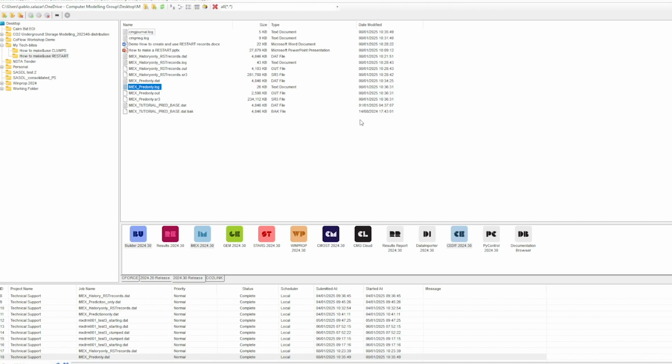One additional thing to mention is that even in cases when you use a restart record, for instance for a prediction case like this one, when you look at the results, you will also be able to visualize the historical period in results. I will show you that quickly with this example. If I upload my SR3 file into results,